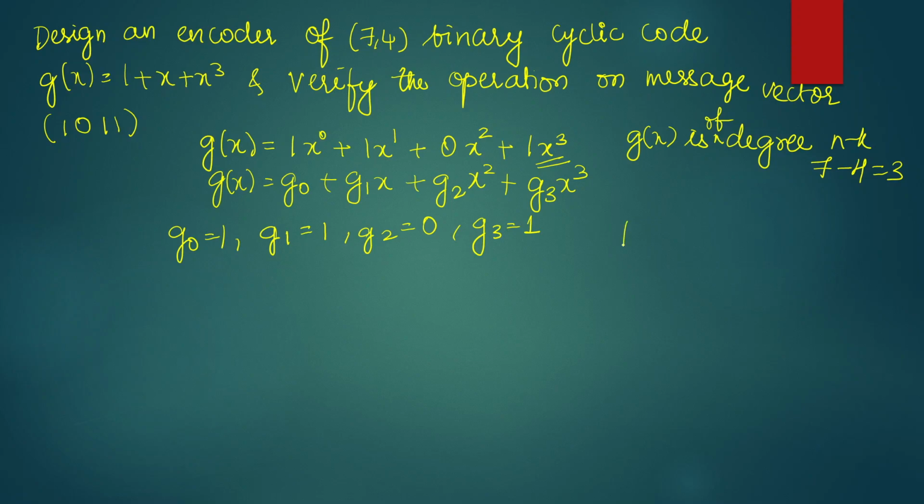So now the remainder polynomial would be of size n minus k, because in order to form a 7-bit code word, k bits would be data bits, and the rest, n minus k, would be the remainder polynomial. That means there will be 3 bits, which means we will have 3 flip-flops in a shift register. One is named R0, the other R1, the last one R2. Please remember, we always start the LSB on the extreme left and the MSB on the extreme right.